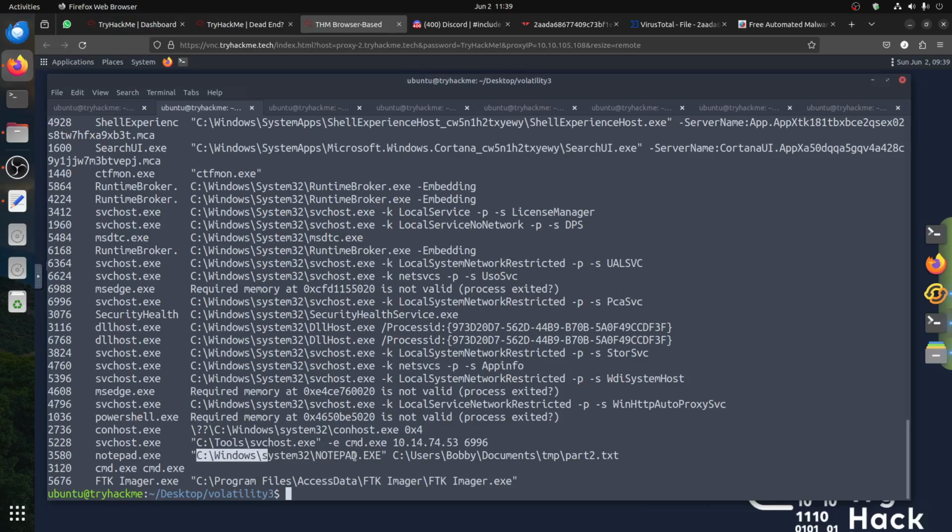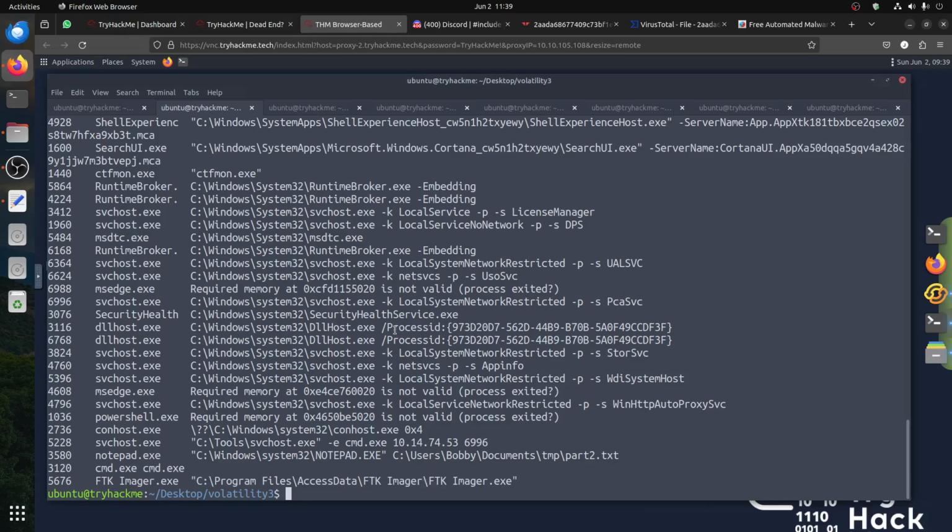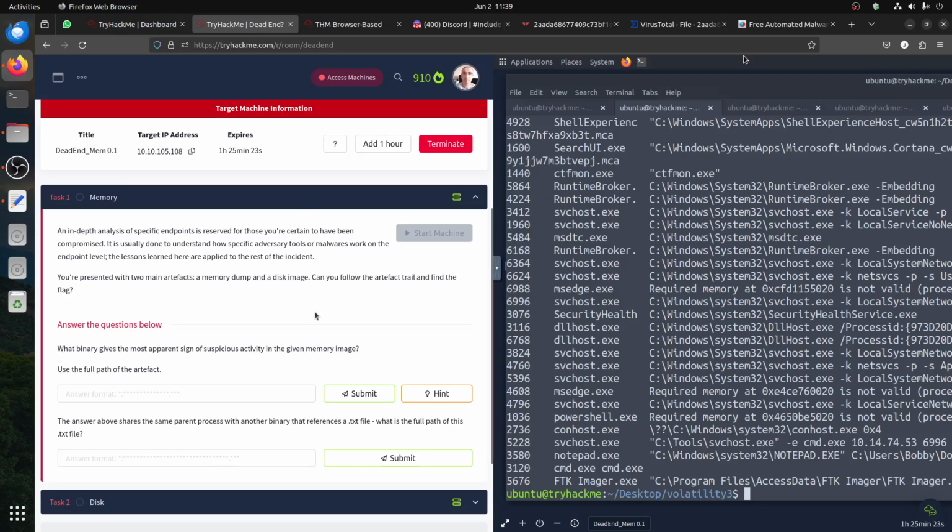And then we have a notepad opening a document in the user Bobby documents directory with a temp. That's not normal for Windows usually. And there's a file called part2.txt, and then we have these images. I think when the admin created the room, they did the image of the file. The first two questions said,